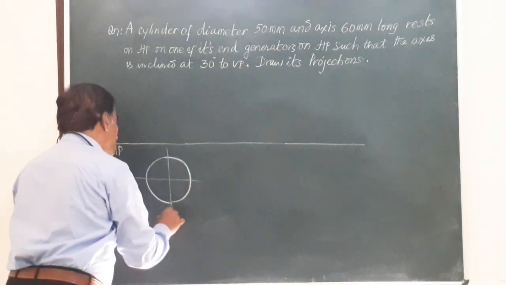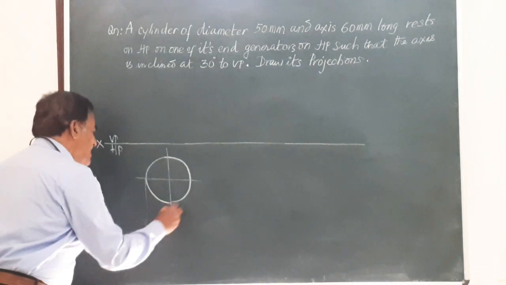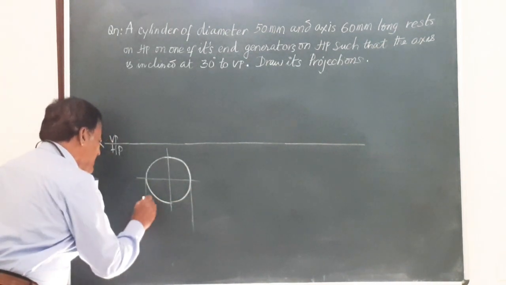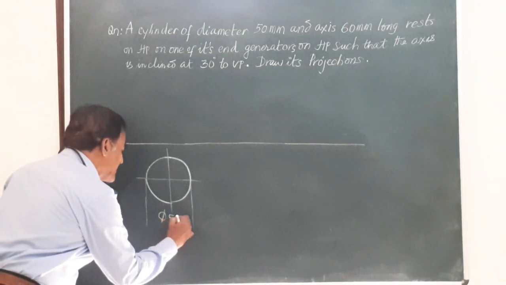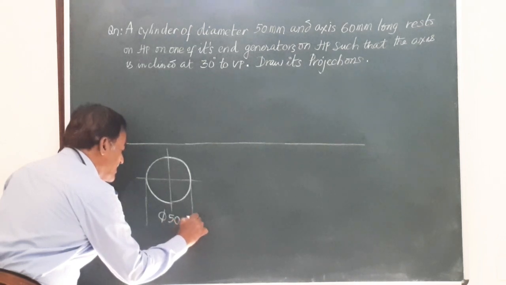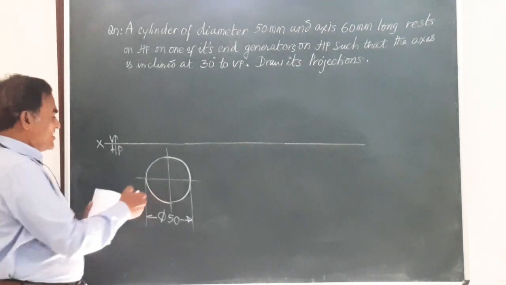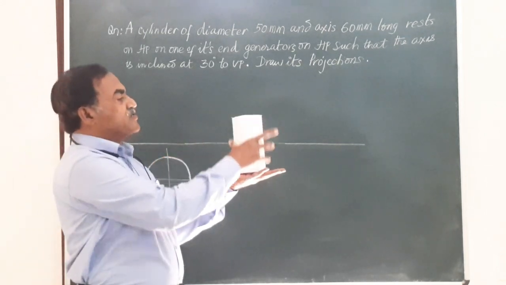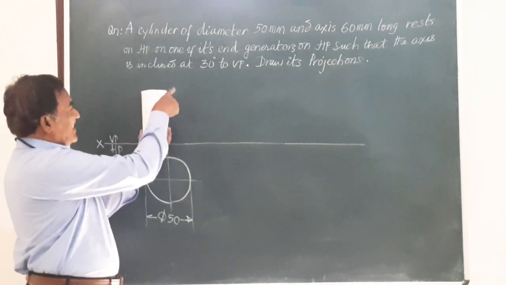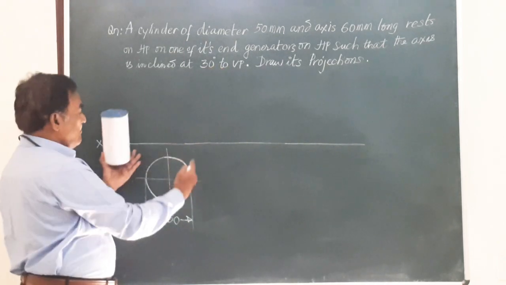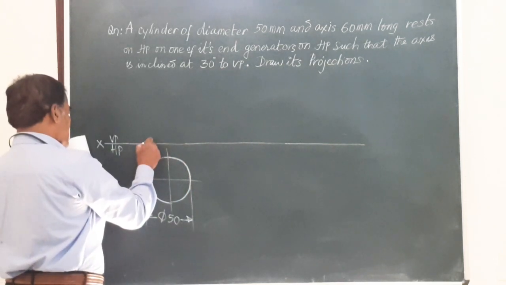So I just divided it into 4 parts to start with, and I will show the dimension of this circle as 50 mm, and it is indicated in the drawing as Ø50, where the symbol indicates diameter and 50 mm is the dimension of that circle. So corresponding to this, the front view, I told you, is going to be a rectangle. So top view you got a circle, front view is going to be a rectangle with height equal to 60 mm and width equal to 50 mm.